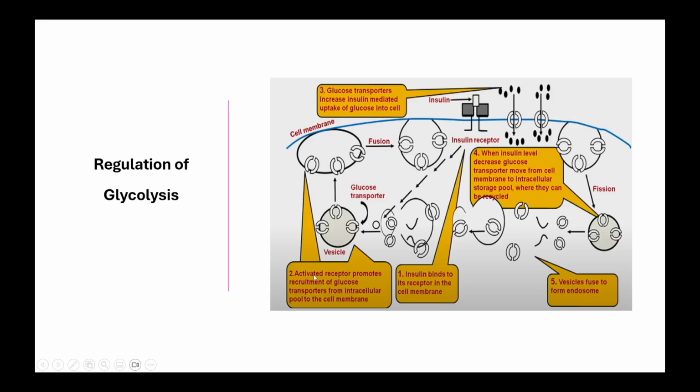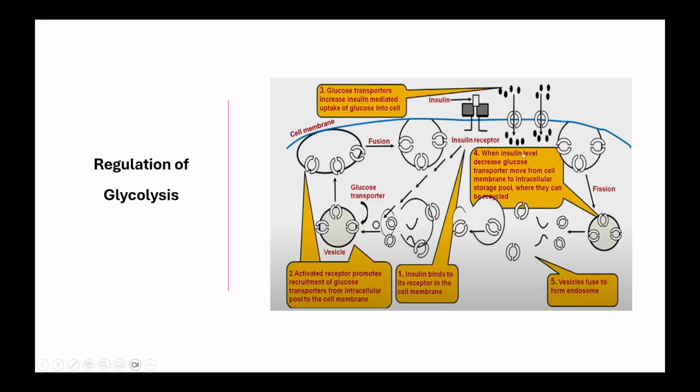After insulin binding, the activated receptor can promote the recruitment of glucose transporters from the intracellular pool. All the transporters are present inside the cell, and these are recruited to the cell membrane. These transporters are basically proteins. Glucose transporters increase insulin mediated uptake of glucose in the cells. These blue ones are the glucose molecules. After the transporters get lodged onto the cell membrane, they help in taking up the glucose molecules inside the